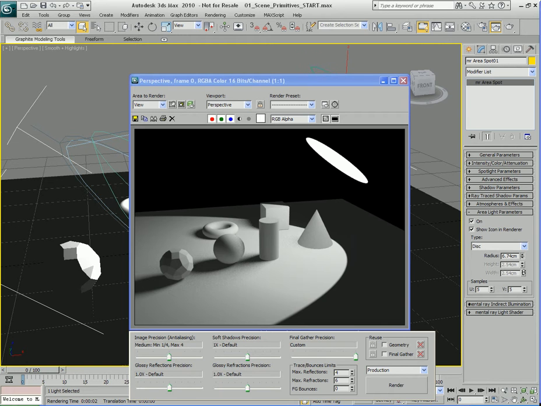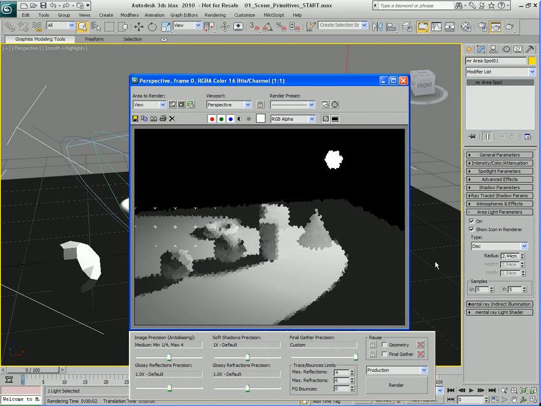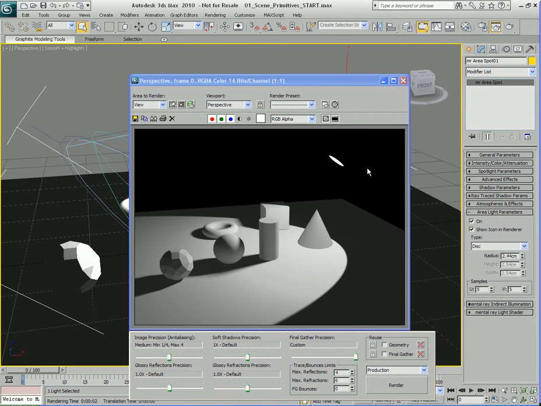If I lower the size down by a good amount, you notice that the shape becomes much smaller. Okay, so let's leave it like that. Down here we have samples for the U and the V. This is basically the width and the height of the area light. The more samples you have, the higher quality the shadows are going to be, but the longer the render is